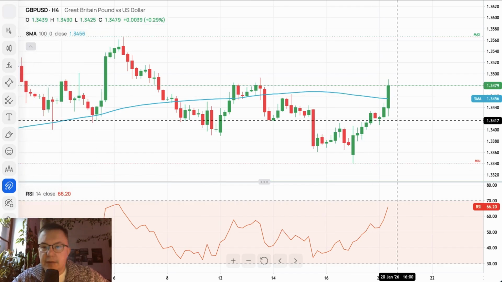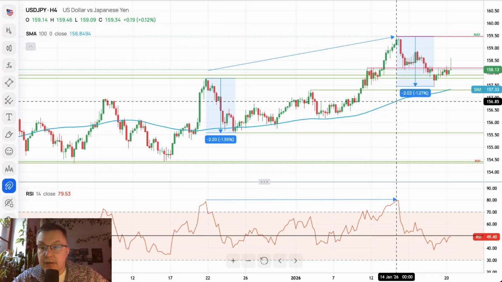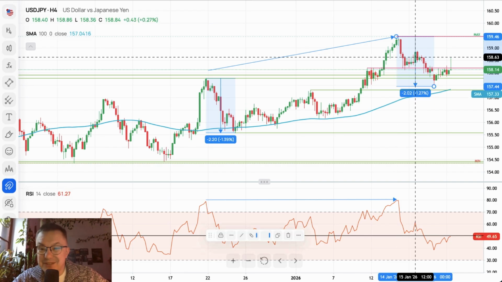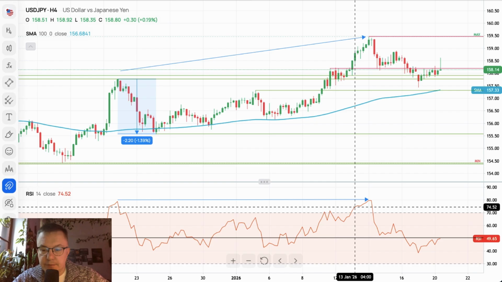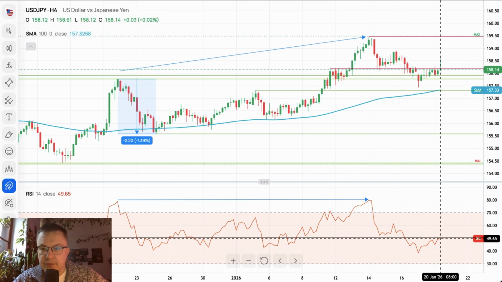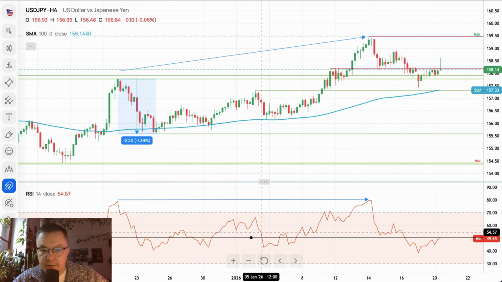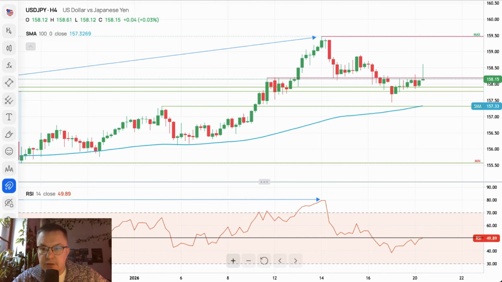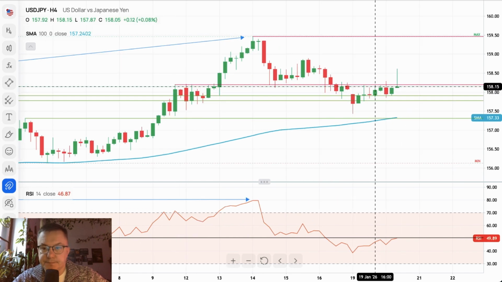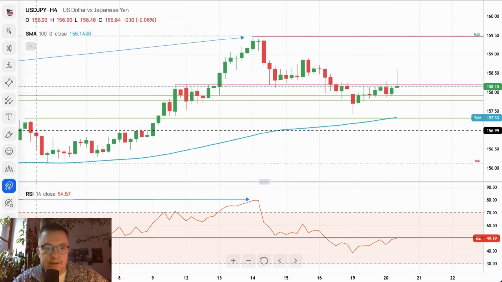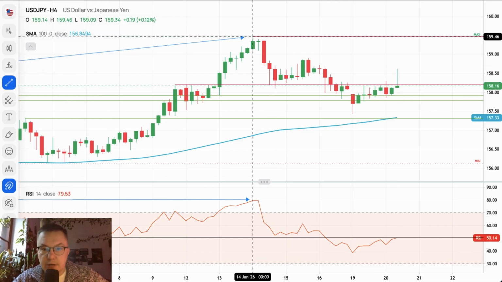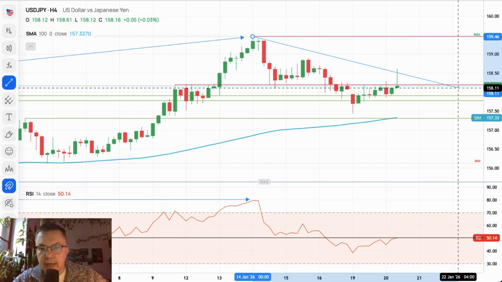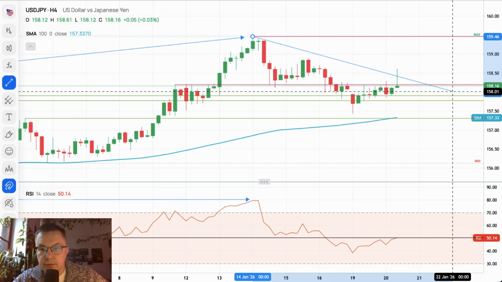If everything is going up, is the US dollar versus the Japanese yen going down? It looks like it does. So actually, despite the fact that we try to move above the level of 50 on the RSI, there is something really interesting being built here on the 4-hour time frame chart of the US dollar versus the Japanese yen. You can see very strong bearish pressure.